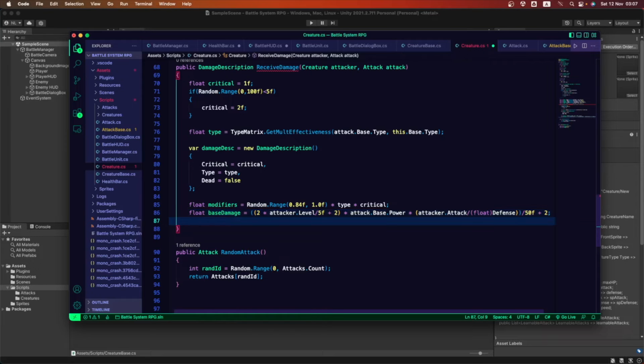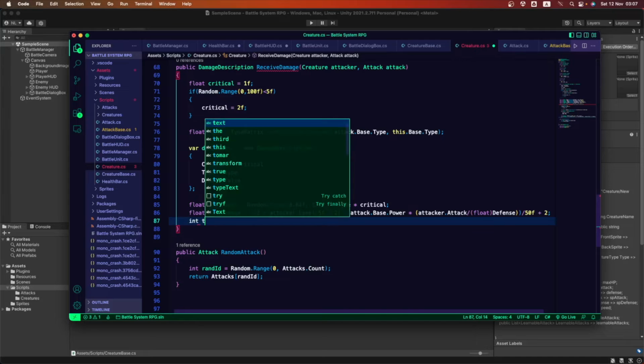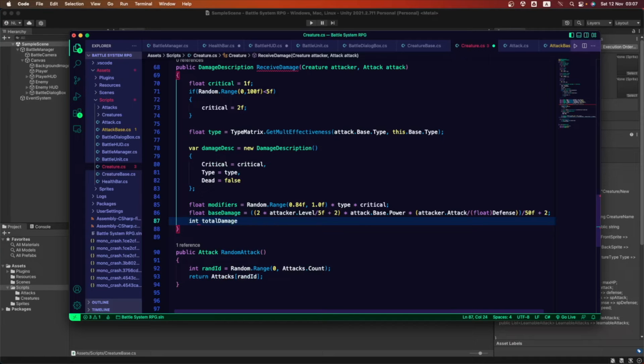After that, we want to create another variable, which is going to be called total damage. And remember, the total damage is an int because we need a whole number.